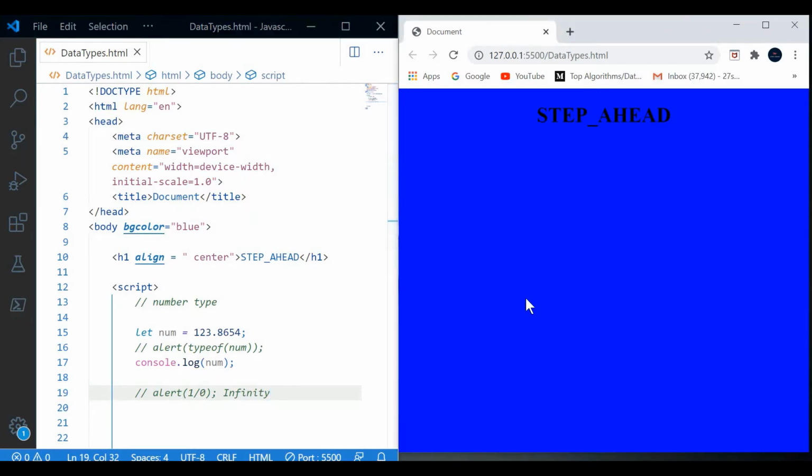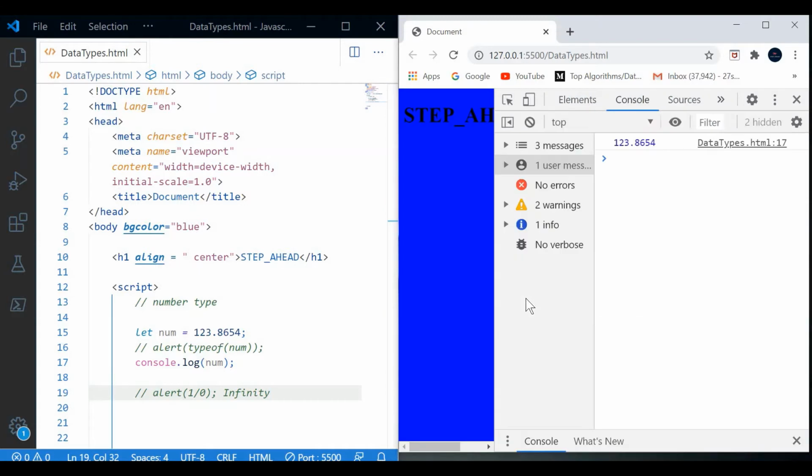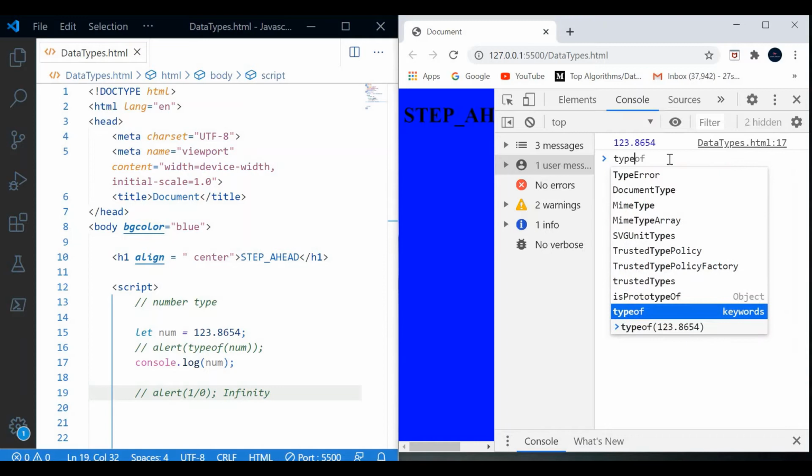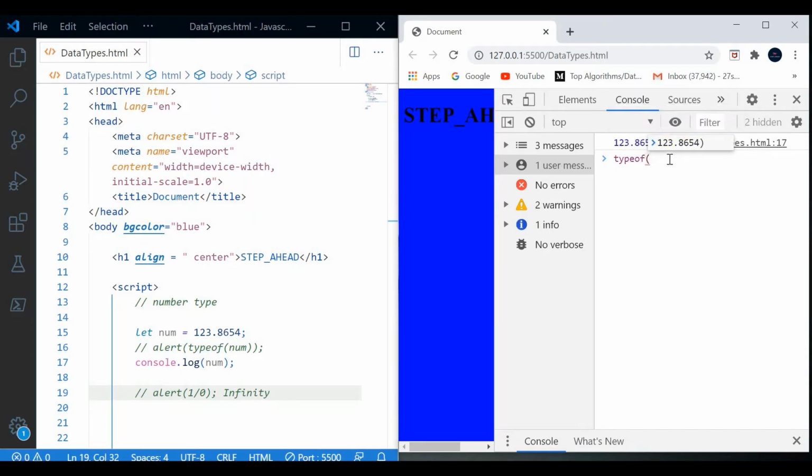We can also see this in the console. Type here typeof 1 divided by 0. As it is showing, infinity is a number, but it is infinity only.